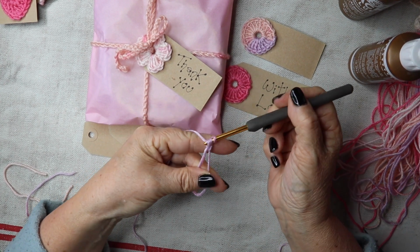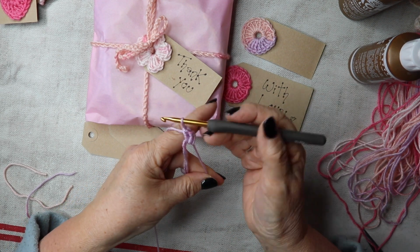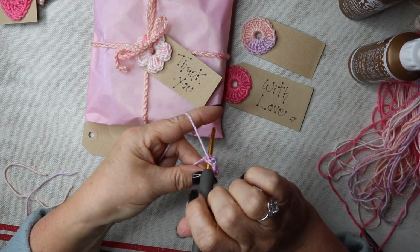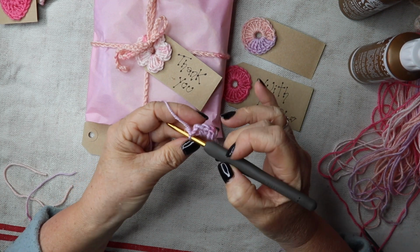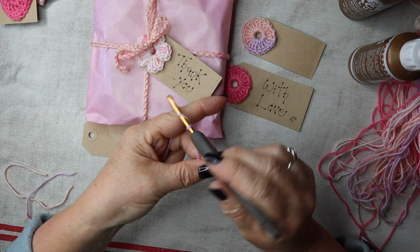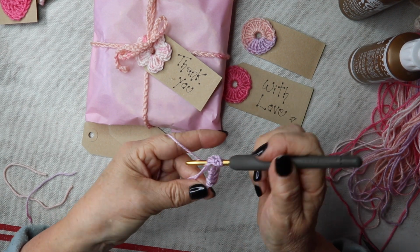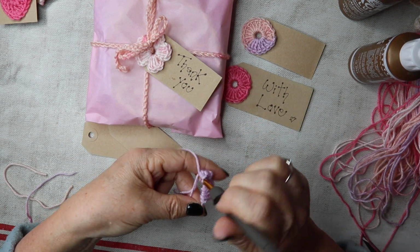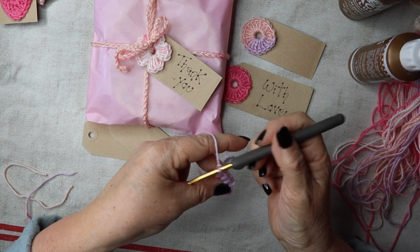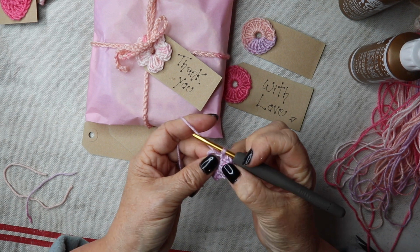So 1, 2, 3, chain 2, 1, 2, and slip stitch back down, and that creates your first petal. And just do the same again, so chain 2, then work 3 trebles, so 1, 2, 3, chain 2, and then slip stitch and that's your second petal, and you just continue on all the way around like so until you've got 5